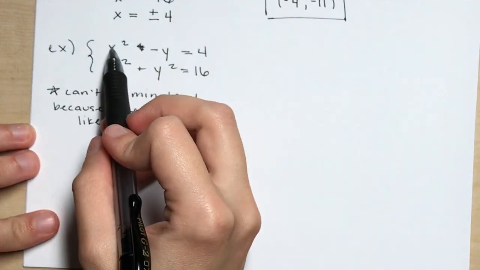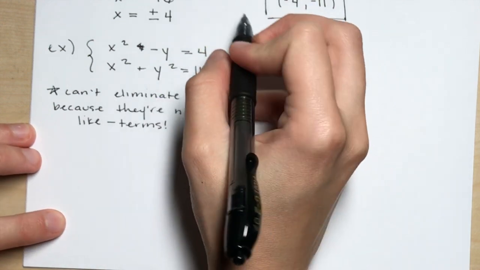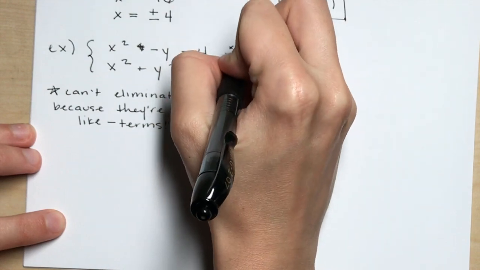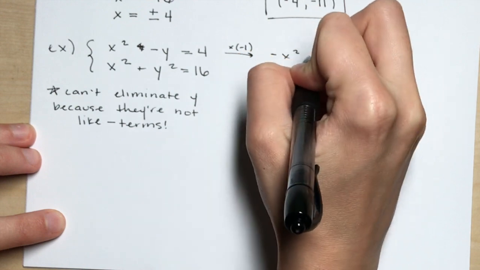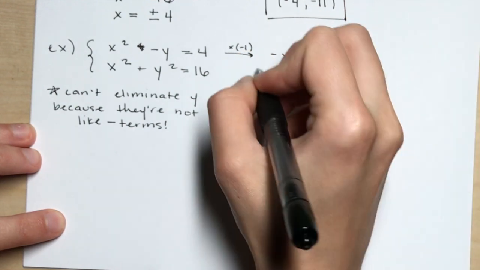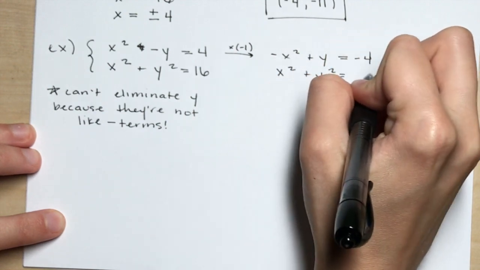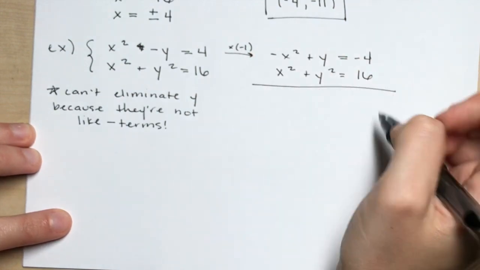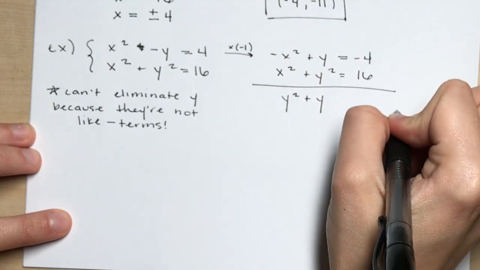So they both have coefficients of 1, which means that 1 needs to be negative. I'm just going to make this top one negative. So we have negative x squared plus y equals negative 4. We're adding that to x squared plus y squared equals 16. We add these together, of course these cancel. We have y squared plus y